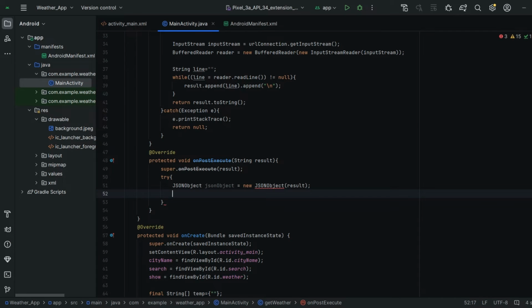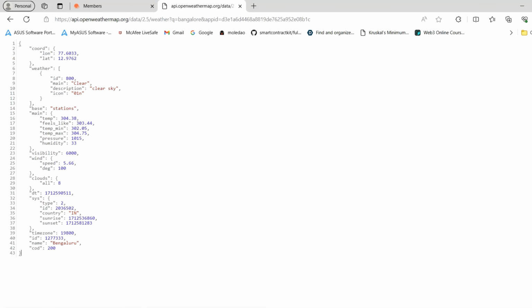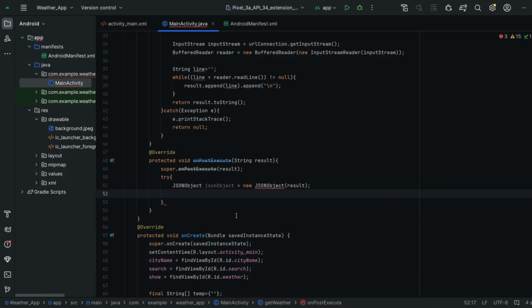See guys, here we have the details that we got through the API. We just want these details, we don't want extra details. I'm just going to display these 5 values only. If you want, you can try for all the remaining values also. So I want only the details that are contained in this main.